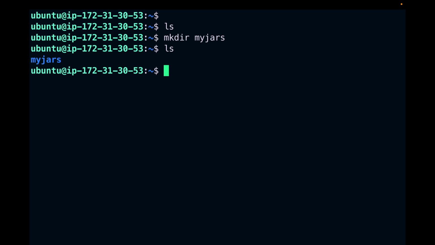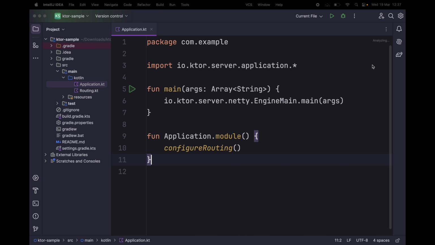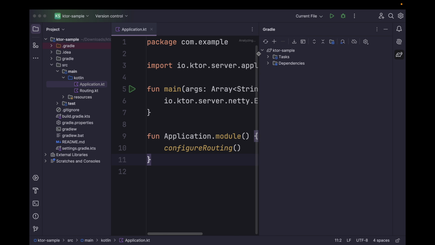So let's exit from here, and now we are in the local machine. Now let's try to generate the jar file and upload it to the myjars directory within our remote server. This is a simple Ktor application, and feel free to deploy your Spring or Spring Boot application as well. You can simply generate the jar file and then we can simply upload that jar file and run in our